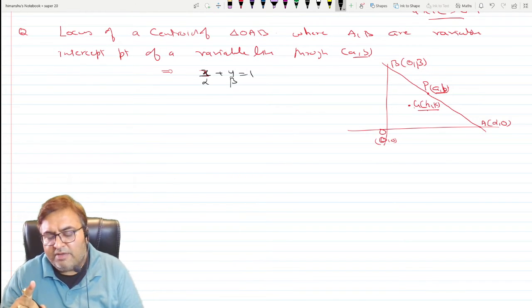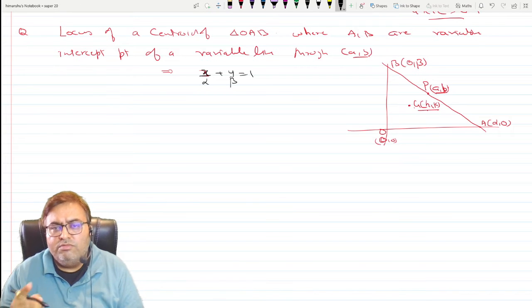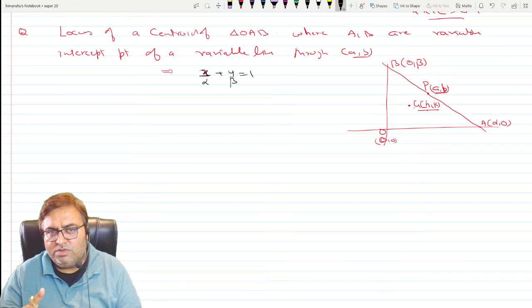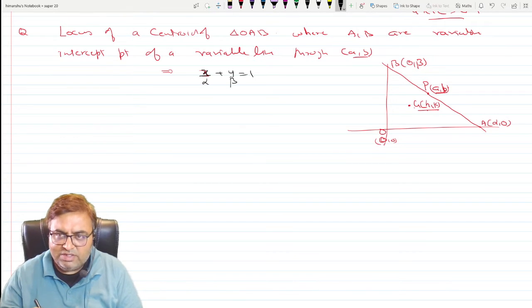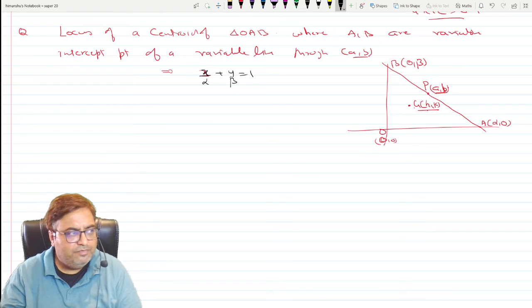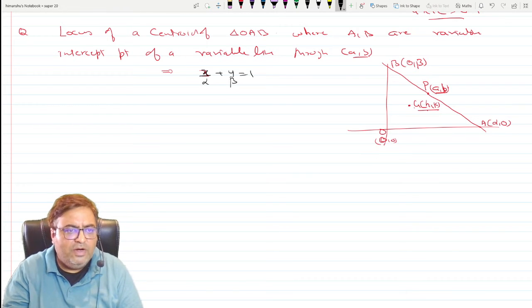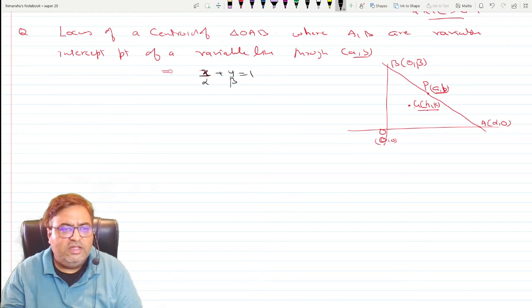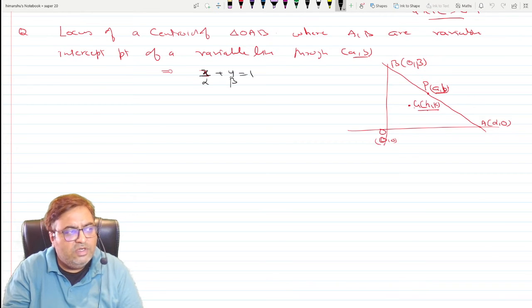Now understand one thing. Whatever variables you have assumed from your own side, you have to eliminate in the last step. That's the basic requirement. So we will try to keep it minimalistic, but wherever it is required, we have to assume those things. It will depend on the question, and somewhere it is just your smart work. If we take this, we can minimize the number of variables. So let's say this is the equation of the line. This line passes through the point (a, b). That means (a, b) will satisfy the equation.